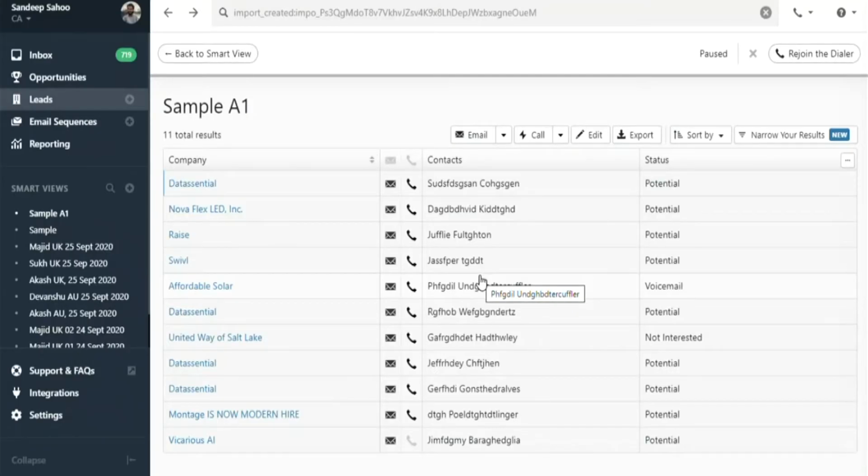In this tutorial, I will be telling you about all the tabs because I have told you in part 1 about how to import the contacts. In part 2, I have told you how to send different kinds of emails. And in part 3, I have told you how to make calls. And I can see here there are many other tabs which you need to know, right?